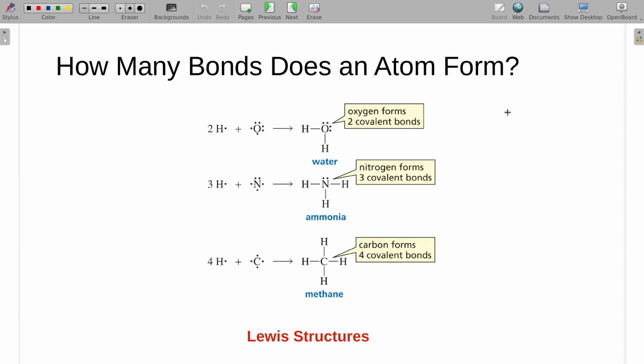All of these would actually create polar bonds because the hydrogen is going to give up its electrons more often than the other atom. But it does form different statuses. We are going to revisit our Lewis structure so we can see how we could come up with these in just a bit.